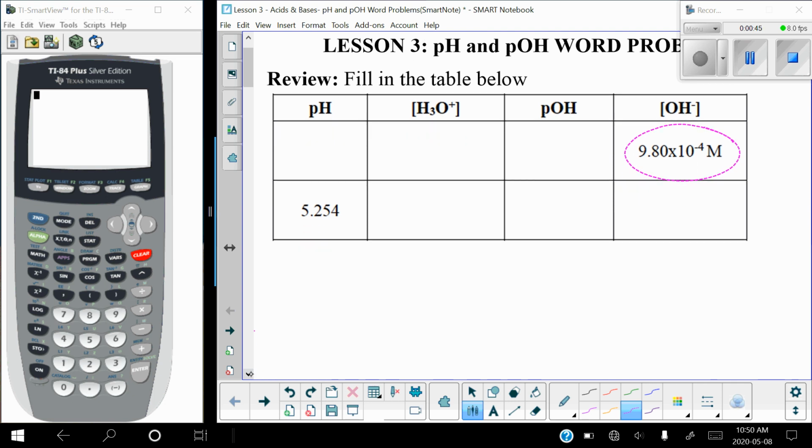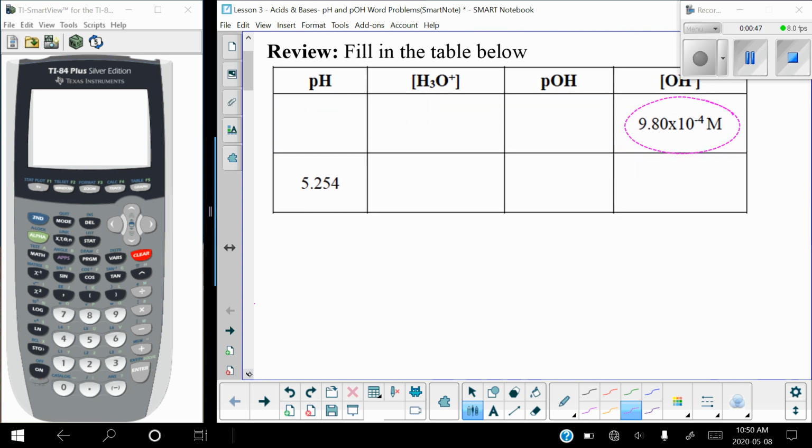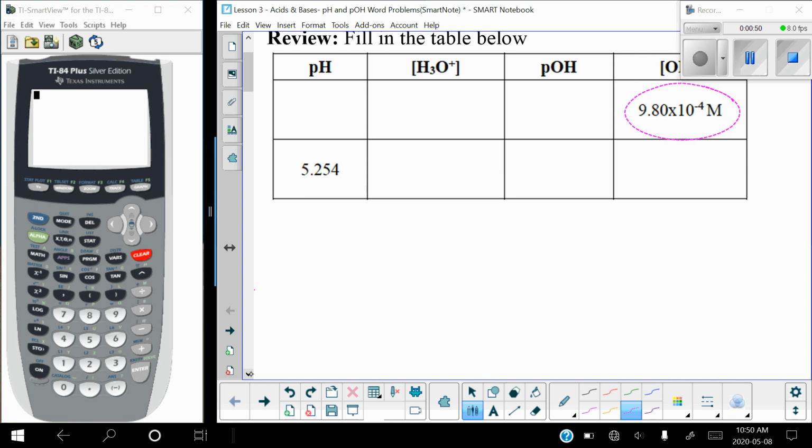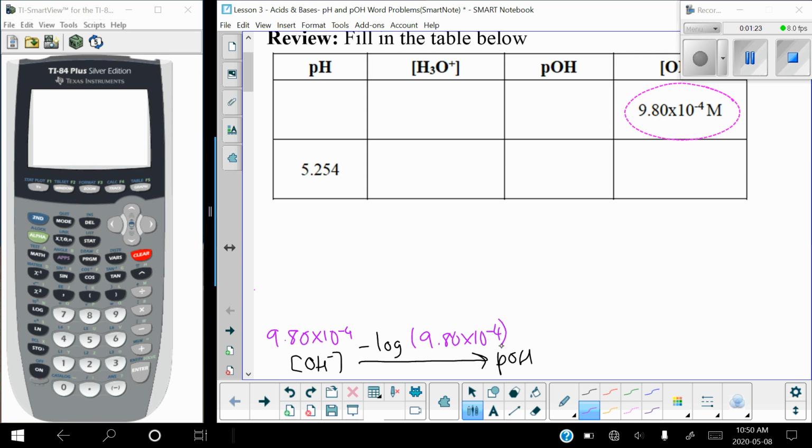When I'm creating the flow chart, I like to use the relative location of each value that we have. So hydroxide, we know, is going to be in this corner right here, which is 9.80 times 10 to the negative 4 moles per liter. From here, we can only go one way and find POH. The way that we do that is negative log of our hydroxide concentration, 9.8 times 10 to the negative 4. So let's plug that in, negative log